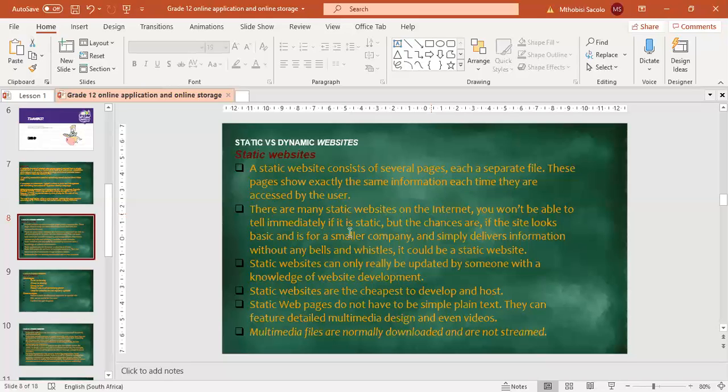You won't be able to tell immediately if it is static, but the chances are, if the site looks basic and is for a small company and simply delivers information without any extras. So what they really mean here is that with some websites you cannot tell if they are static, but if it is just for a small business, it just displays the information about that business. When they talk about bells and whistles,